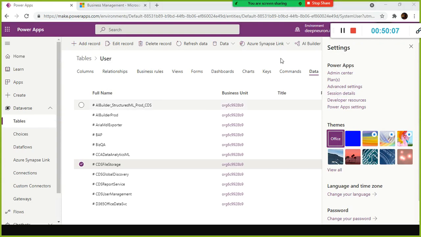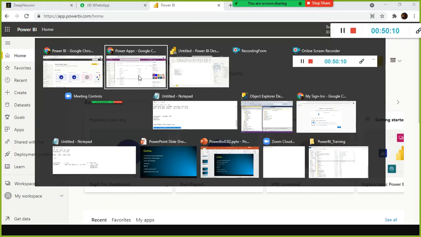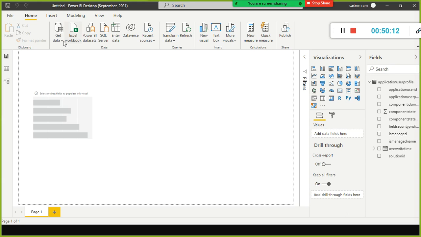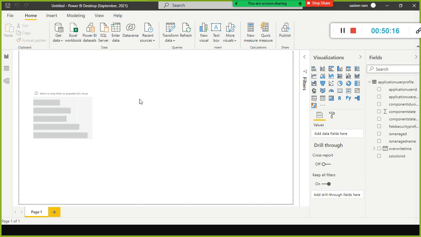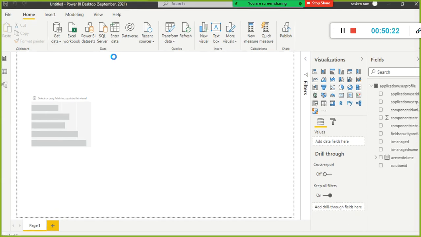So now you understood how to import data from these sources. The OData, the API, we will see later. Just 1 second, we'll show you.